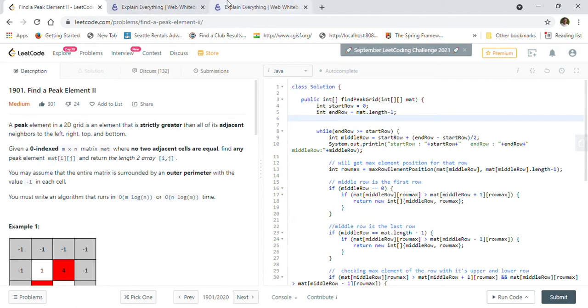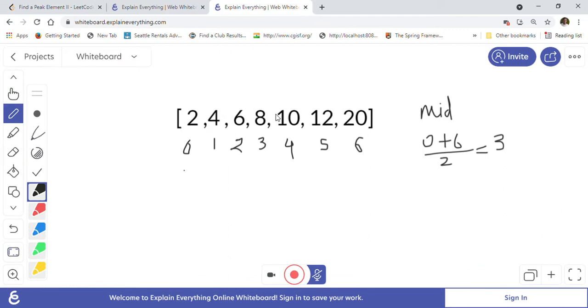First, before we start solving the original problem, I just wanted to start with the concept of binary search. You might already know, but let's quickly look at how binary search works in a normal sorted array. Let's say this is the sorted array, and these are the positions 0 to 6, and we want to find element 4. 4 is our target. What we do in binary search is we always divide the array. First we calculate the middle using 0 plus 6, where 0 is the low and 6 is the high, and we divide by 2. So 3 is the middle.